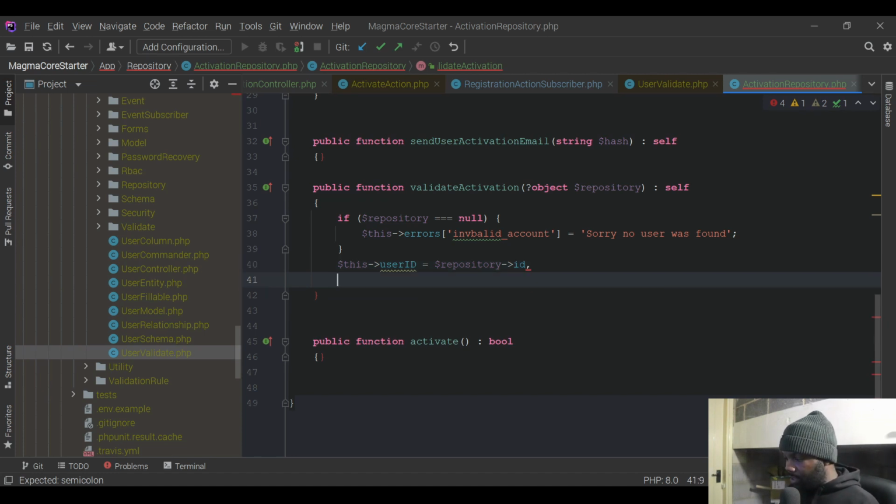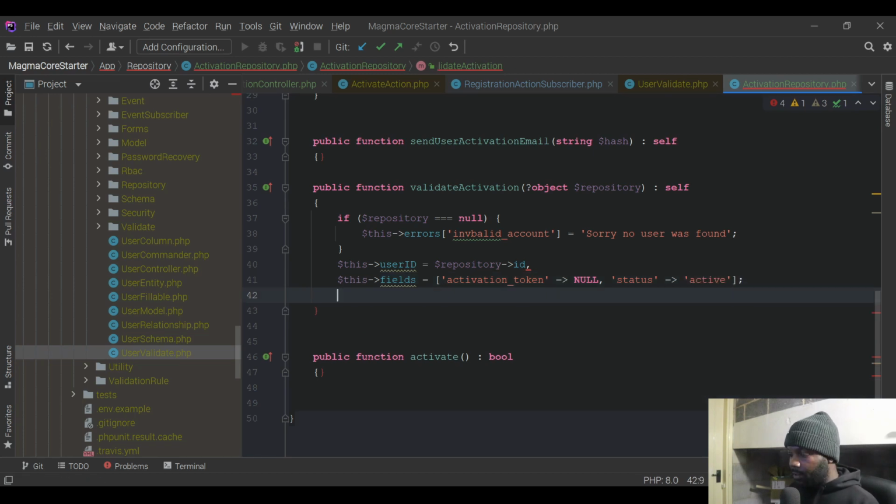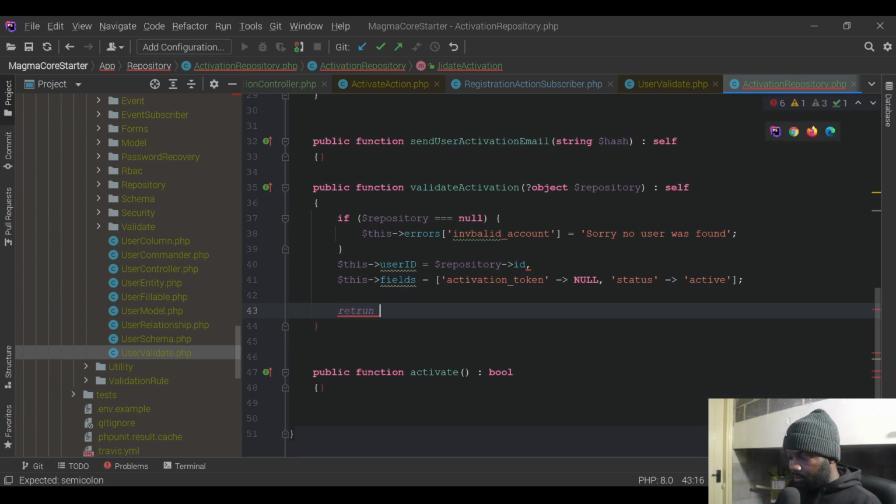And we also need to create a next property called fields, and that's going to equal an array. We're going to say activation token, and we're going to set that to null, just like so. Then we want to get the status field, so we're going to say comma status, and we're going to set that to active, just like so, right? Then we're going to return this,